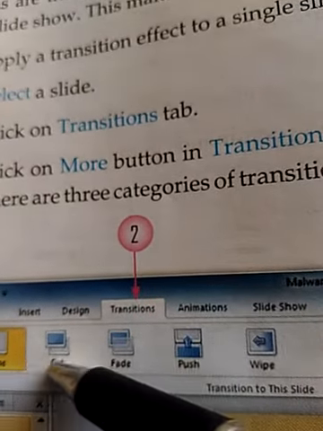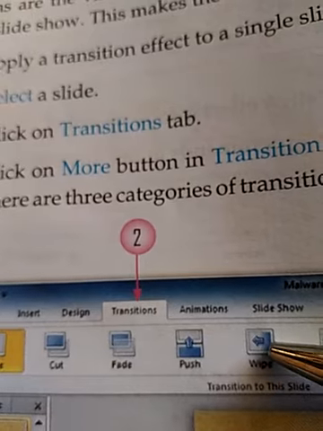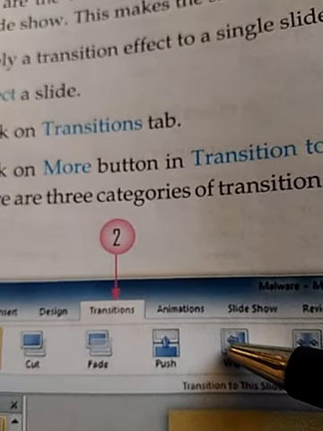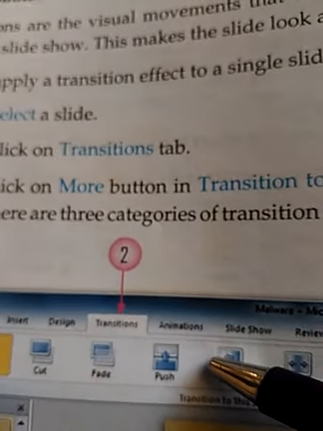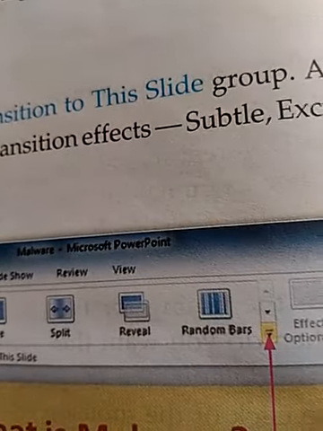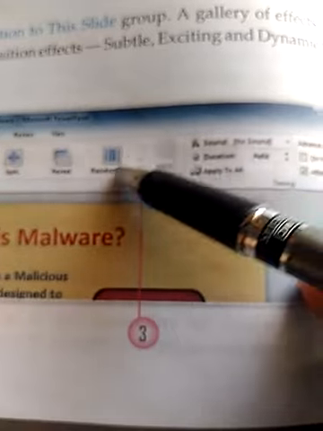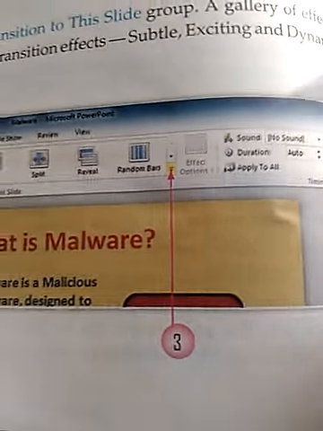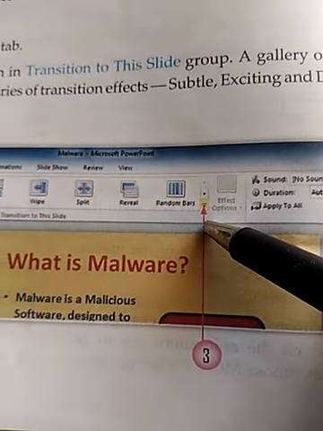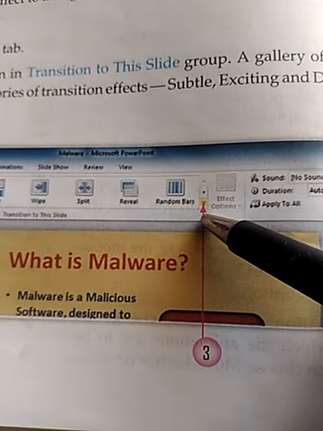You can choose any of the transition effects from here, and if you want to choose some more effects, then click on this more button. After clicking on this more button, a drop down box will appear.